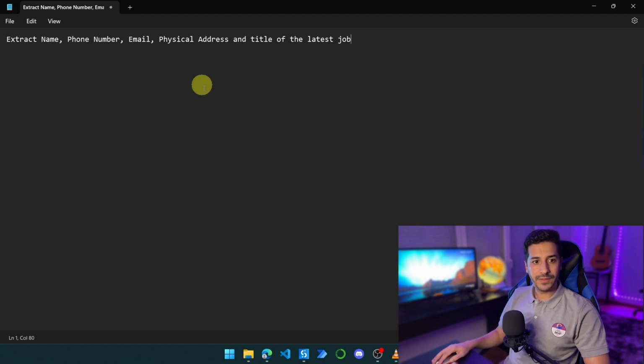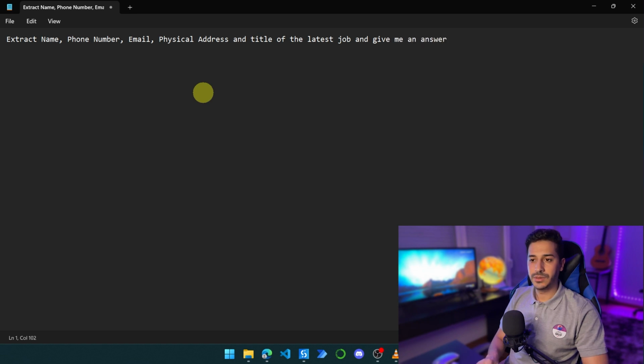Okay, now we have the information that we need to extract, but we have to instruct it. We have to give it instruction on the format of the output of the answer that it will give us. So we can use this format in order to split the answer to get the name, the phone, the email, the physical address, etc. And give me an answer where every information